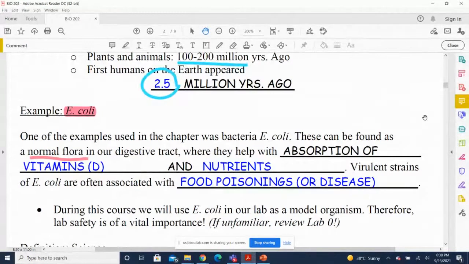lab safety. And actually in our lab, if we were face-to-face, we would be using E. coli as a model organism and to do various things that we've learned to do during this course, such as adding a gene into a cell or a cell's DNA, and that gene then changes the behavior of that cell. In this case, we would add something to E. coli, and what we would add is a gene that makes it glow in the dark or glow under the